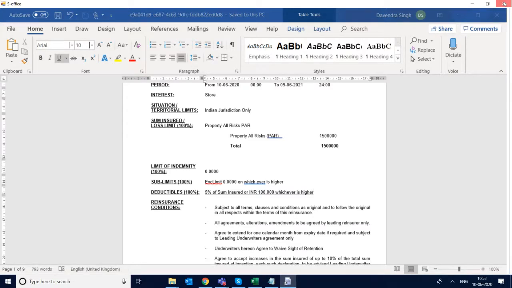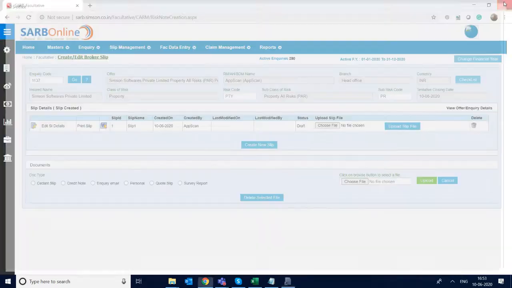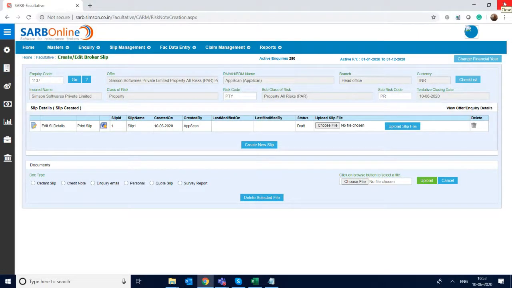So I'll close this. I'm pressing Control S when I'm saving it. So pressing Control S or clicking the Save button saves it to the server. So now the slip is created. At any point of time, I can edit it again by clicking this. If I want to download, I can click the Download button, because this is a protected file. Without downloading, you cannot. If you need a local copy, you want to send it, you can download it.